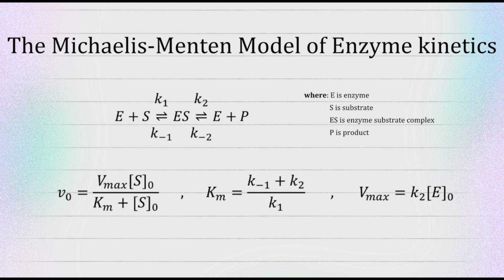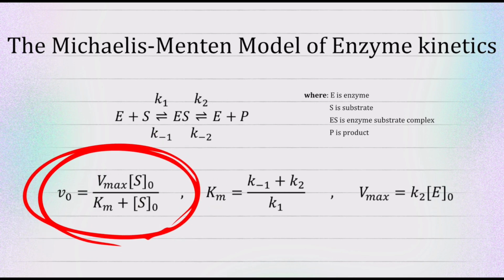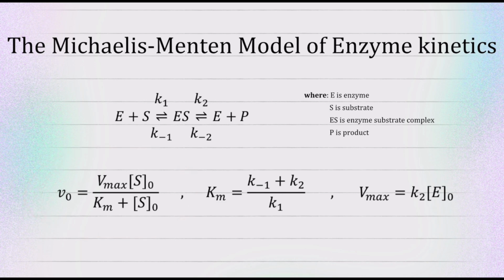Michaelis and Menten used this initial equation and performed several mathematical transformations to create an equation that describes how the rate of enzyme-catalyzed reactions changes depending on the concentration of the substrate that's available. This provides a mathematical model that measures enzyme kinetics, particularly how efficient an enzyme is in converting a substrate into